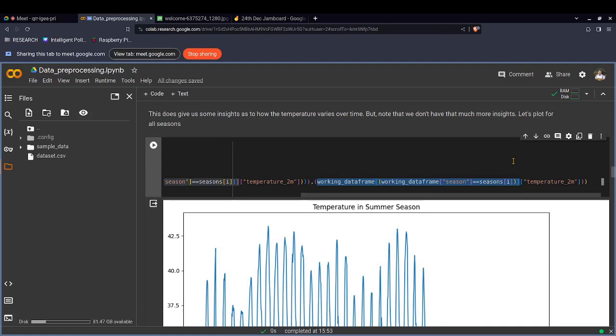The one I have highlighted on this is checking for a particular season. If our season is summer, then it will provide only the data for the summer season, that is, the rows for which the season is summer. Then we are just taking the temperature column of that,